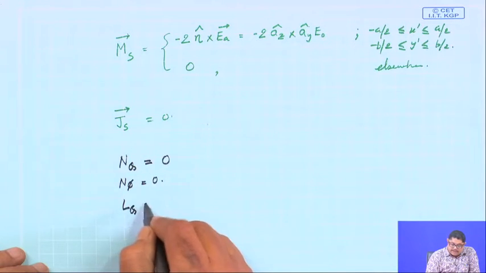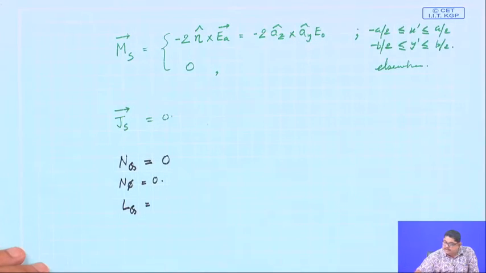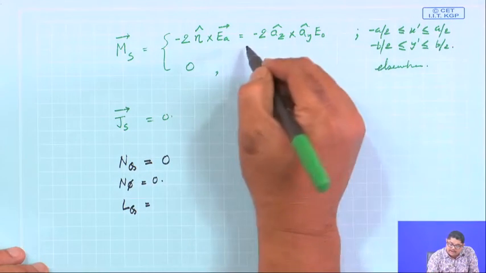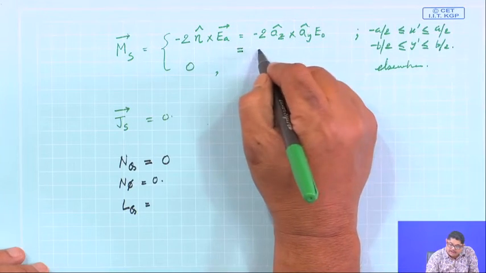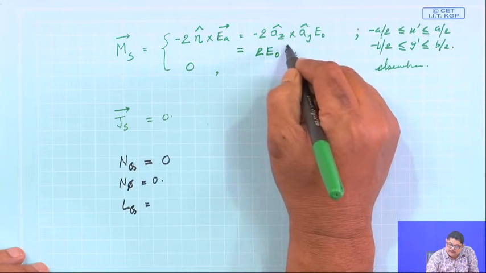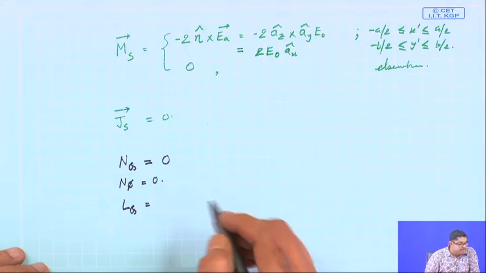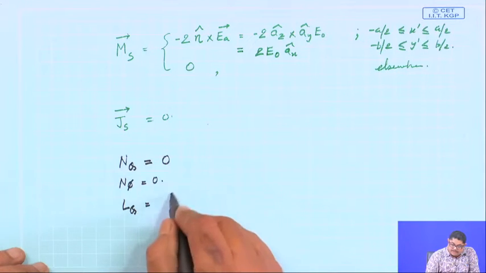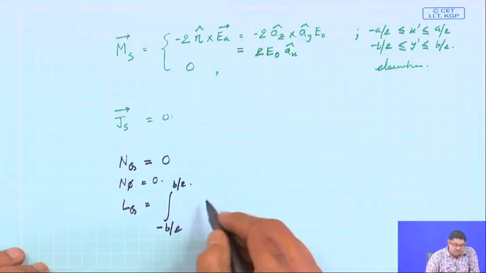Now, Ms only has a y component, so L theta will only have an x component, and that is nothing but 2 E naught a x. So, L theta will be, integrating from minus b by 2 to plus b by 2,